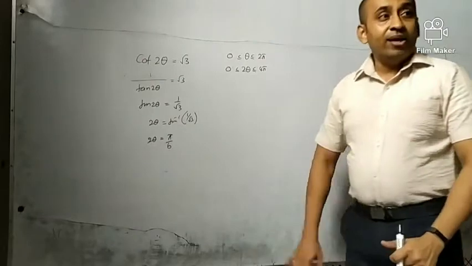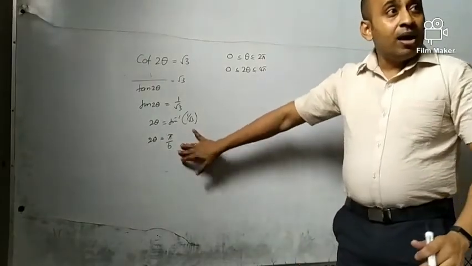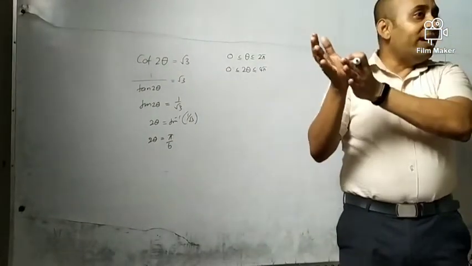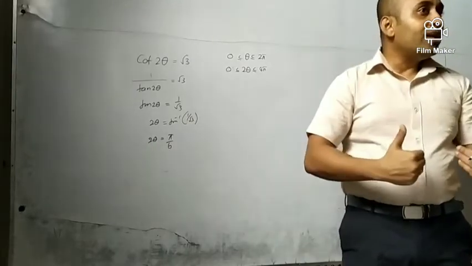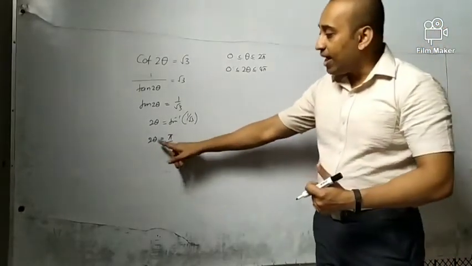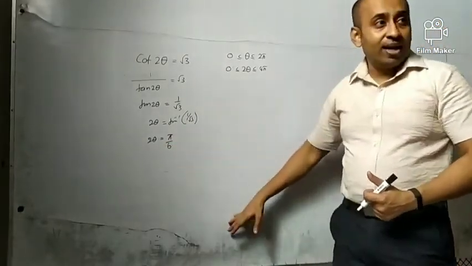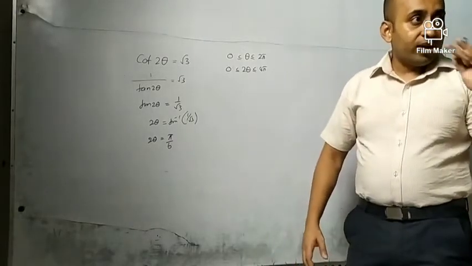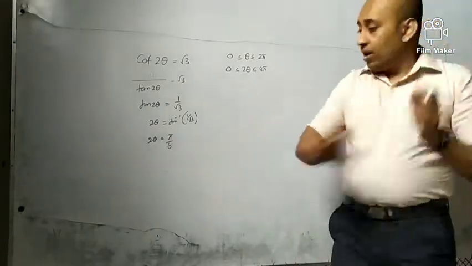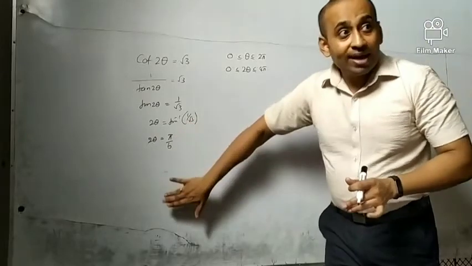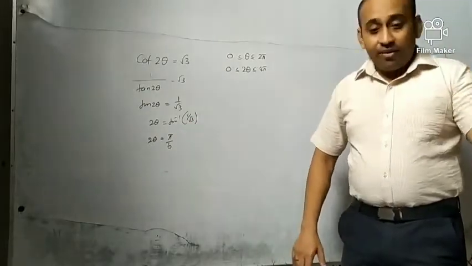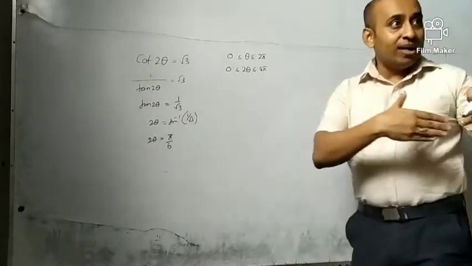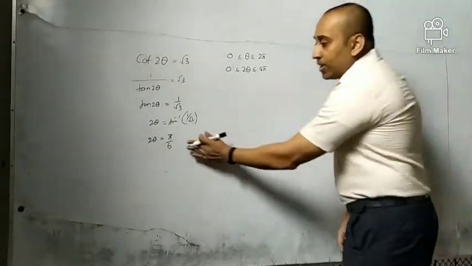Right. Then don't simplify this answer. Only after finding all the alternative angles do we find the final answer for theta. Because if you find the angle for theta and then find the alternative angles, that is wrong. So initially we need to find all the alternative angles over here, and only then simplify. I will show you what the difference is. Right. Just keep it this way.